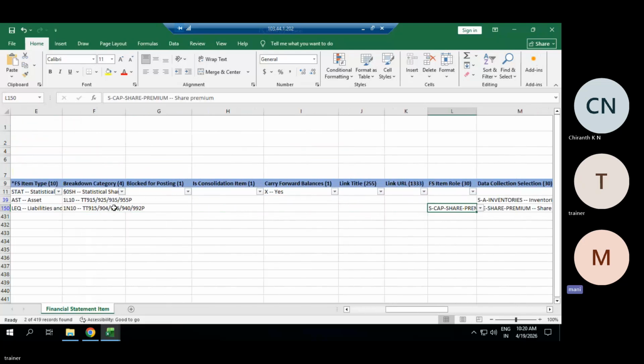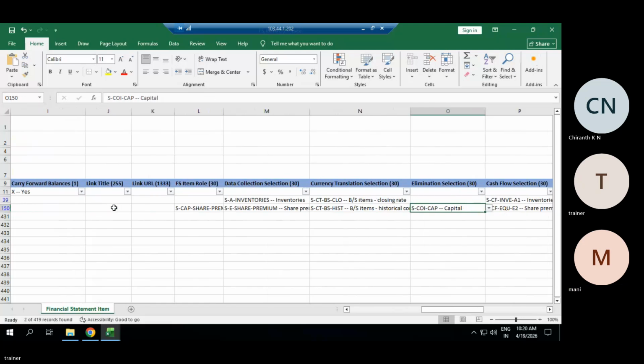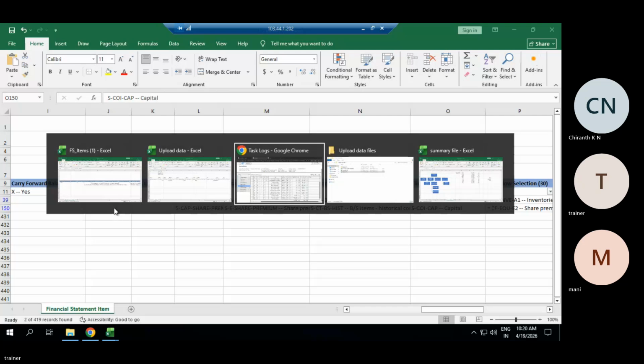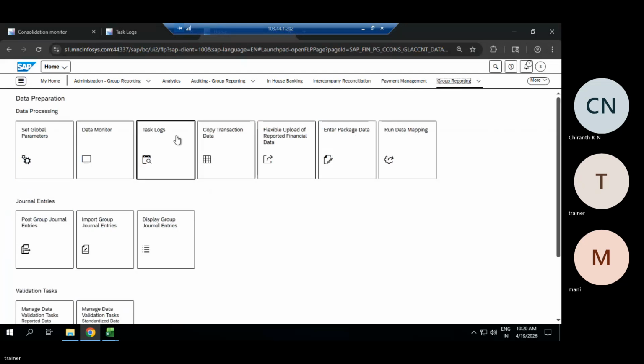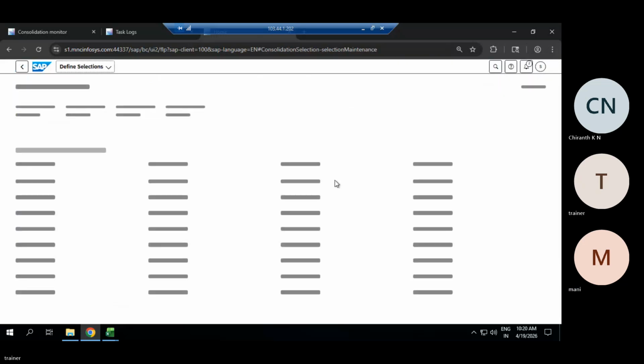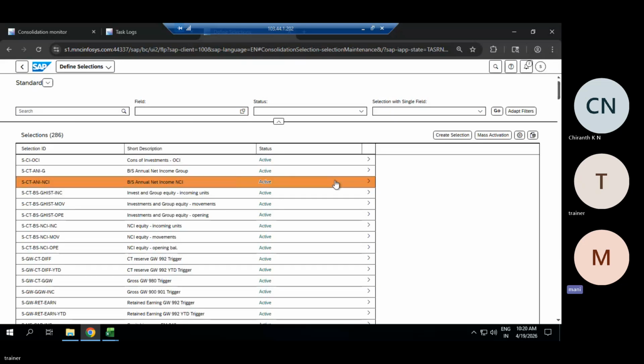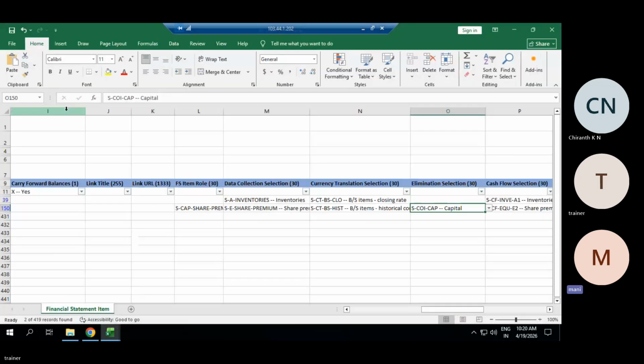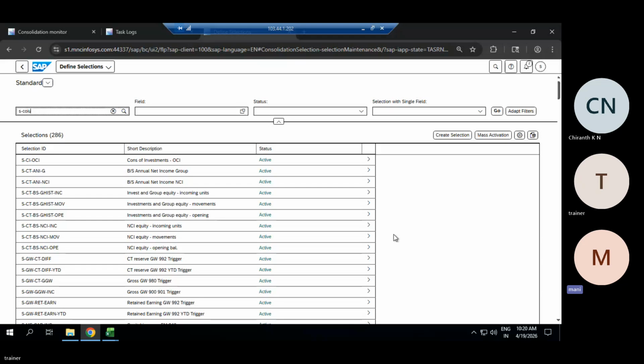Let me first open this particular elimination selection in CUI CAP. Define, select. This selection must be assigned somewhere in CUI SGUI.